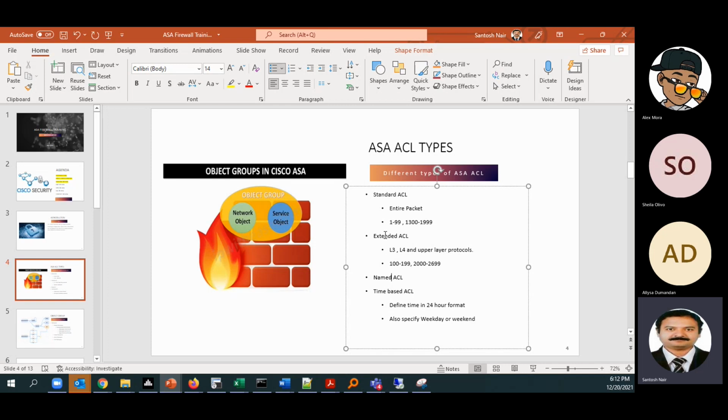So basically it is extended access lists that we have, and with extended access list firewall rules we can filter based on L3 and L4. So when we say L3, what do we mean by L3, Alyssa? What can we block on L3? Correct, the IP address. L3 means IP address.